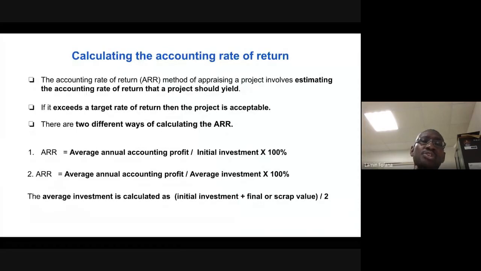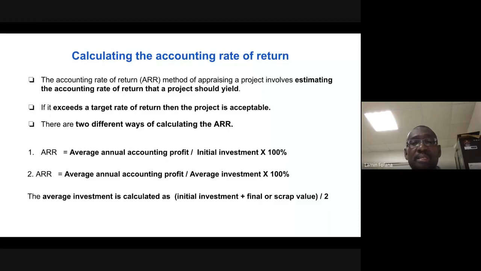So how do you decide whether whatever percentage you arrive at is acceptable or not? It depends on the organization's policy. The organization could say that any project that we implement must comply with a 25% ARR. So the decision rule is if it exceeds that particular target, then you accept the project. But if it does not,